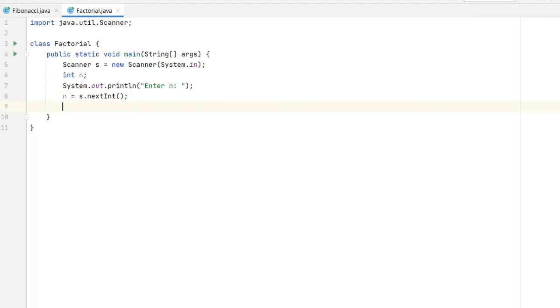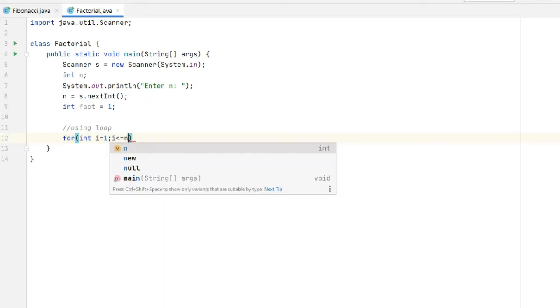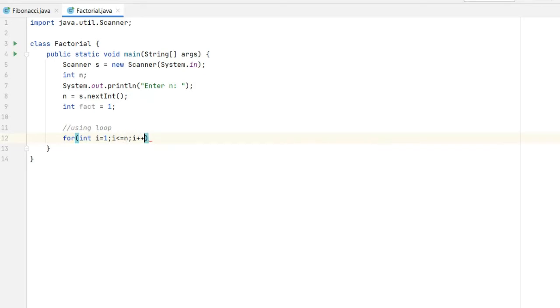Okay, so now we'll declare another variable, that is fact, which will be initialized to 1. Fact will be the value of the calculated factorial. So now using a loop, let's create a for loop with i equal to 1 up till i is less than or equal to the number n.